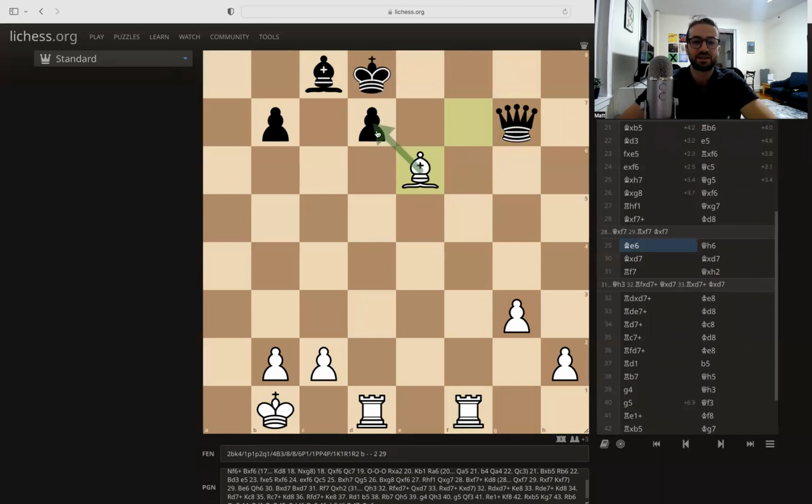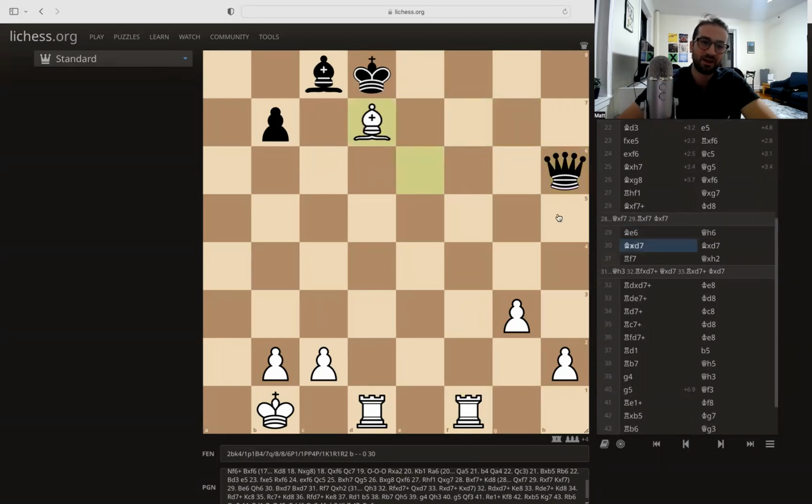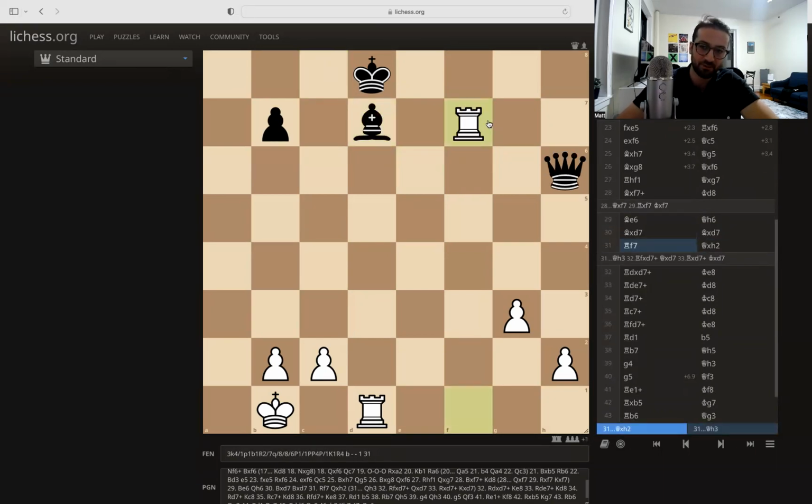but then Fischer brings his bishop to e6. This pawn is pinned. Not much you can do here. Tal gets his queen out of the potential fork, and Fischer takes with the bishop on d7. This looks like maybe not a good move because you just gave up a bishop for a pawn, and black just takes back with the bishop. But now Fischer brings his rook to f7,